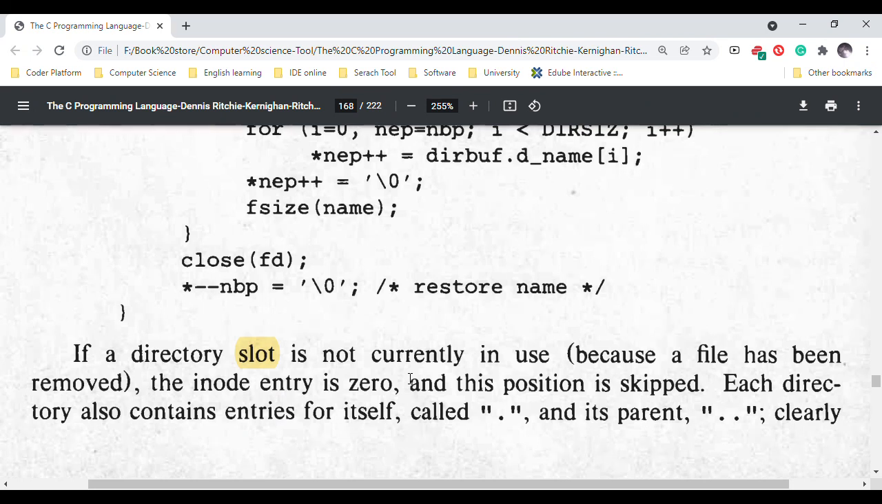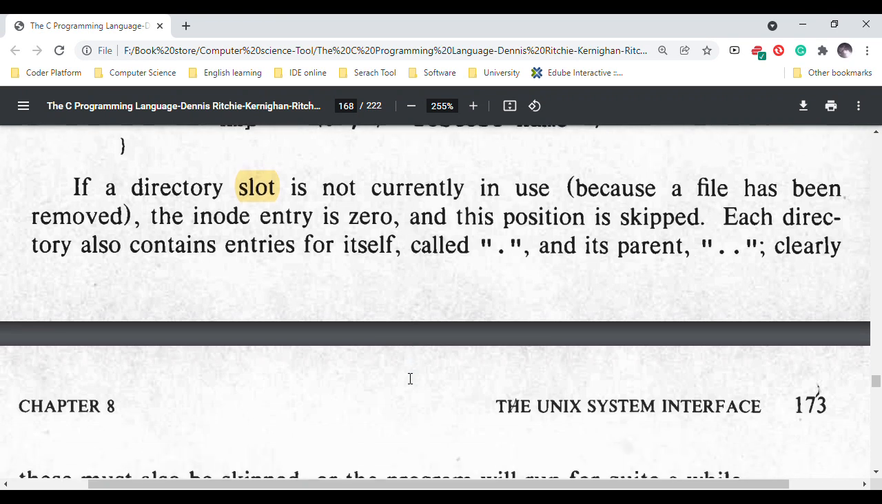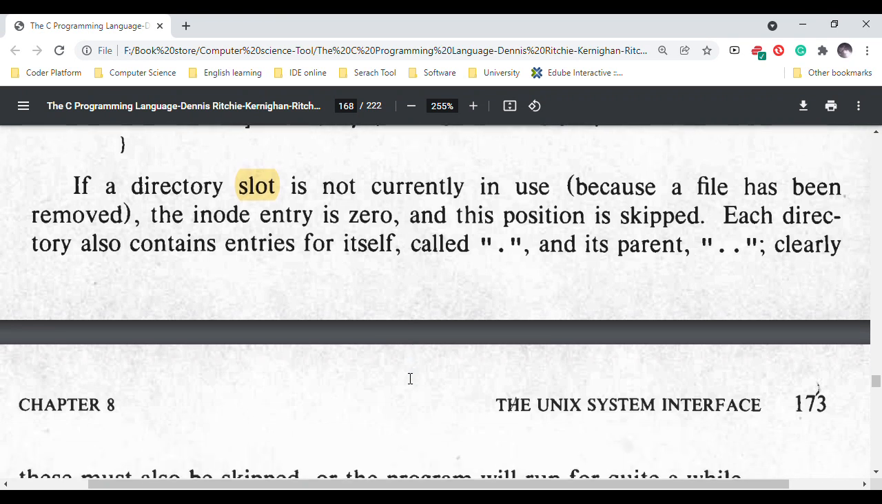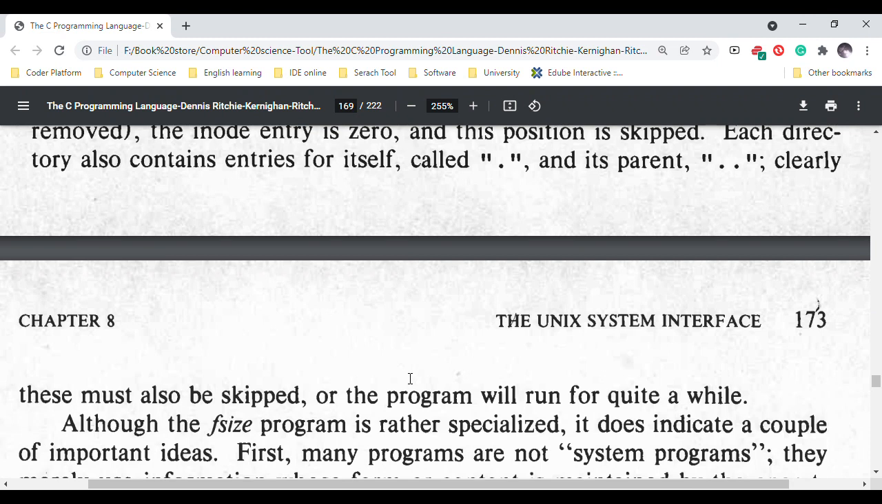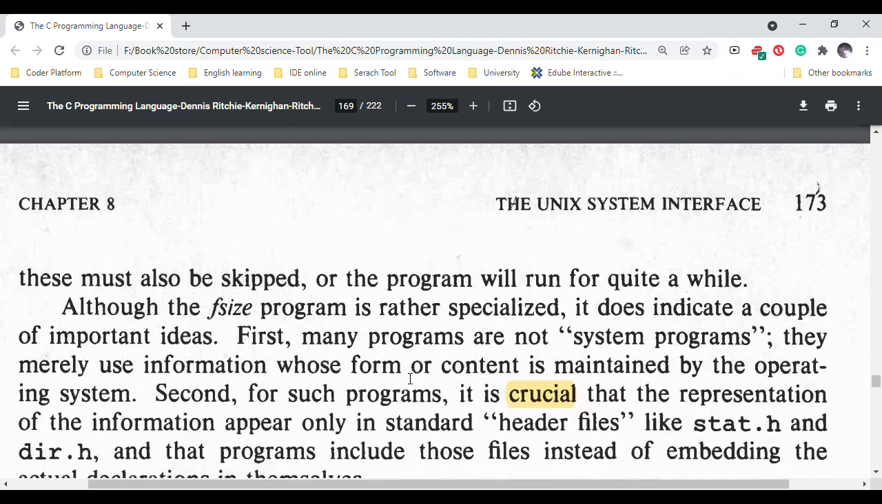Each directory also contains entries for itself, called dot, and its parent, dot dot. Clearly, these must also be skipped, or the program will run for quite a while. Although the fsize program is rather specialized,